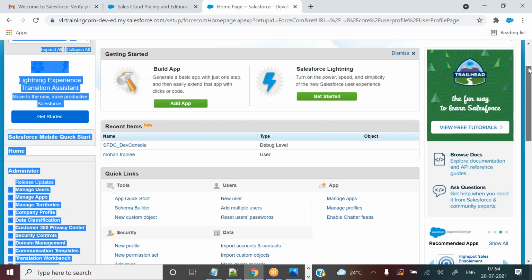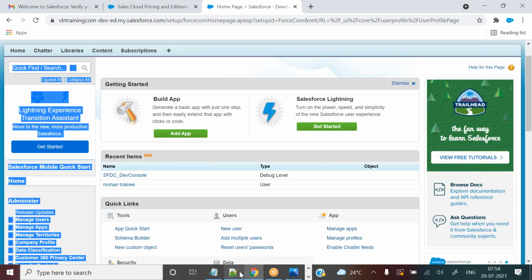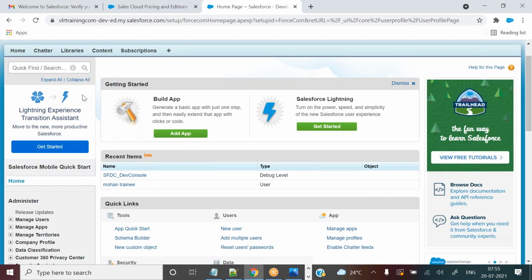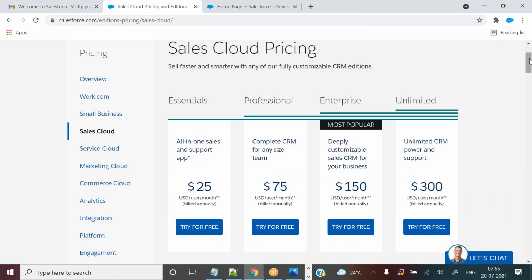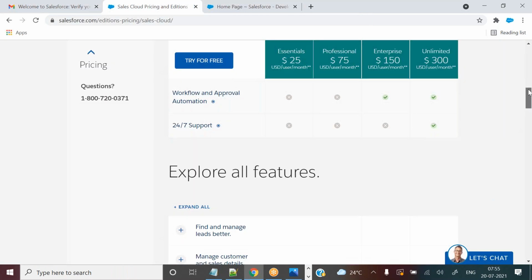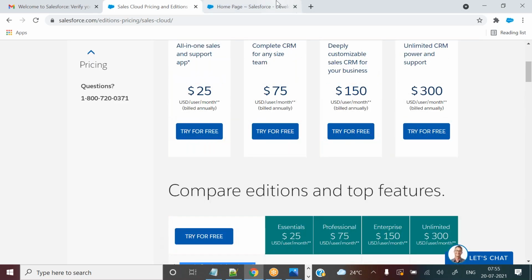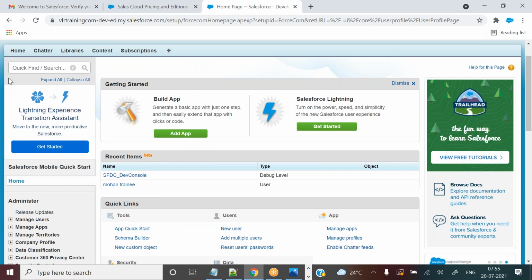What are these? These are the features. Okay, these are all the features. Features is the terminology, features which are provided by Salesforce. In the cloud I always say features, right? These are the features already given by Salesforce. You can see them in the left side box here.